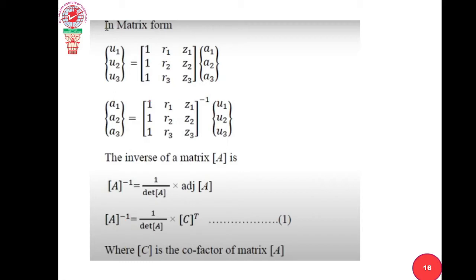Now, according to this sign convention, I will write it here itself. What comes here? Plus, minus, plus. And what is this here? And what is next? Okay. Is it clear?